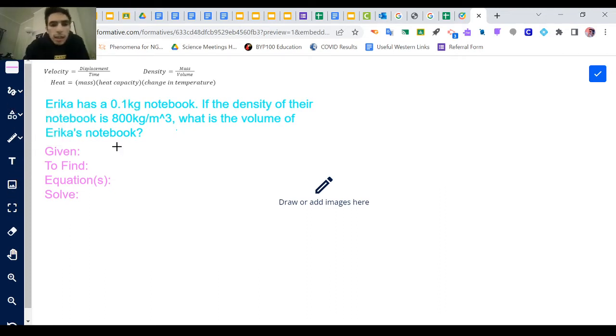So we know that they have a 0.1 kilogram notebook. The density of their notebook is 800 kilograms per meter cubed, and we're asked what the volume of Erica's notebook is. So the stuff that we're given, 0.1 kilogram notebook. Now again, it doesn't say it explicitly in the problem, but hopefully we know that kilogram is the basic SI unit for mass. So that's the mass of Erica's notebook, 0.1